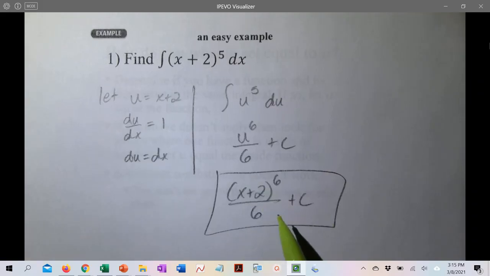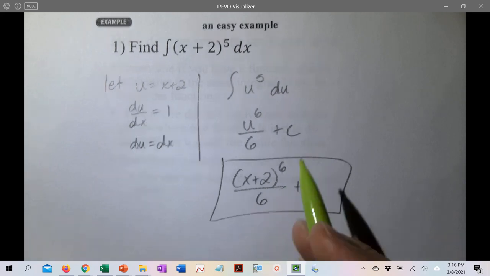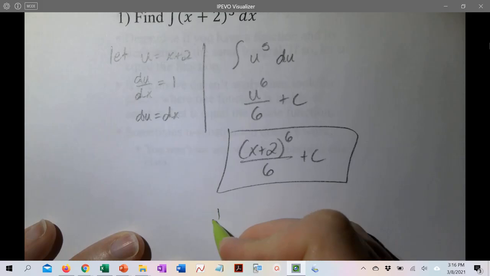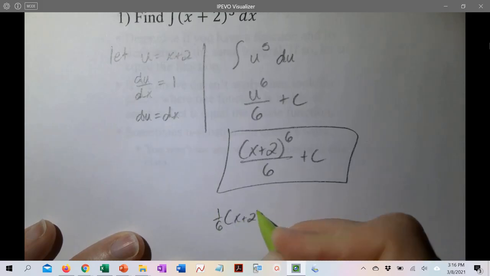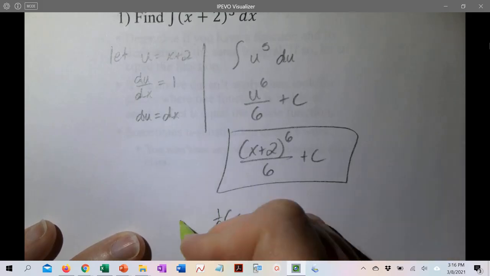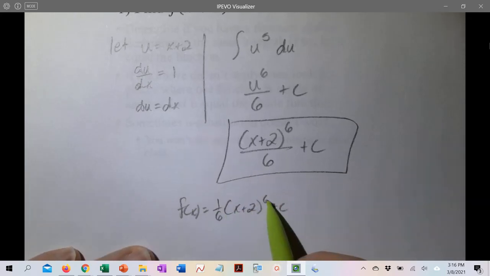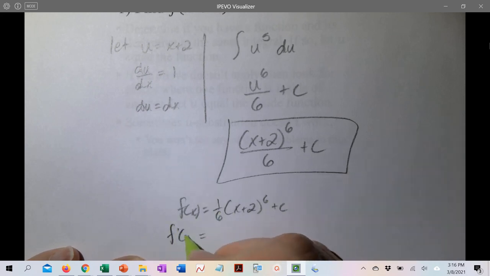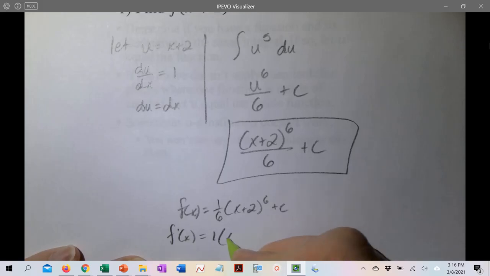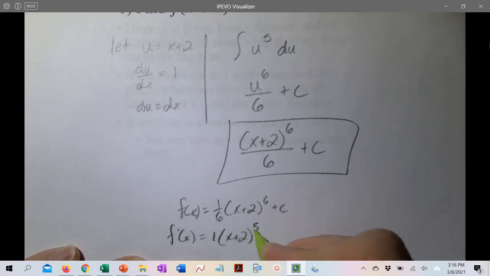And this is actually true for any integral. That's right, you can find the derivative of this. So if I were to rewrite this and call this 1/6 times (x+2) to the 6th power plus c, and call that f of x, and I wanted to find the derivative of that, remember you bring the exponent down to the front, so that's 6 times the 1/6 is going to be 1, so f prime of x would be 1, and then times (x+2) to the 1 less power times